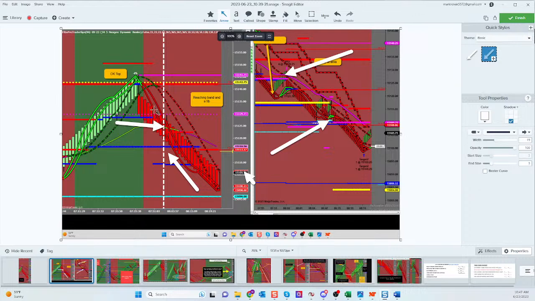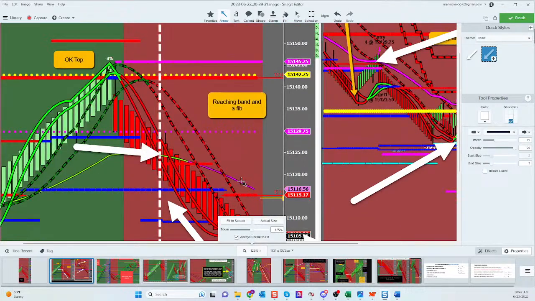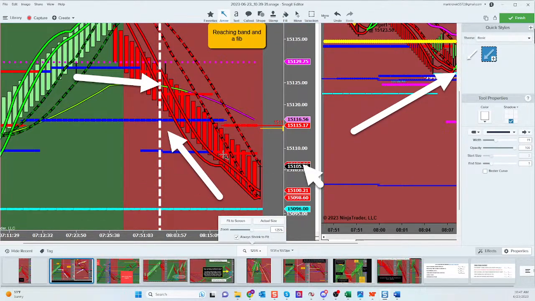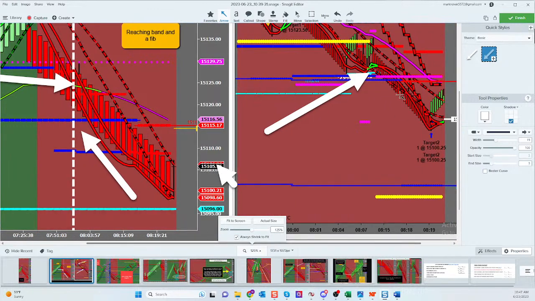Yeah, this is the large chart. This would have been a great exit right here, right at 15,108, right at this fib. That would have been an amazing exit. That would have been a great money maker. Everything's good. But the 13.2 chart says this market is still screaming to the downside, right? Still just blowing and going. So Jose held even though there was a fib, even though the smalls went inside, even though there was divergence, the 13.2 chart said go.